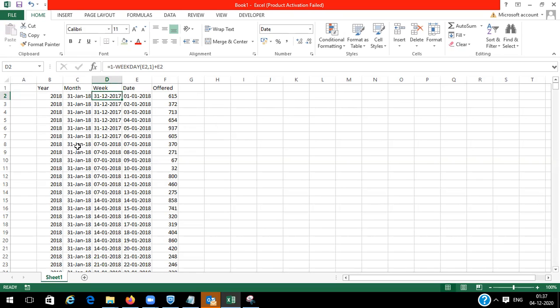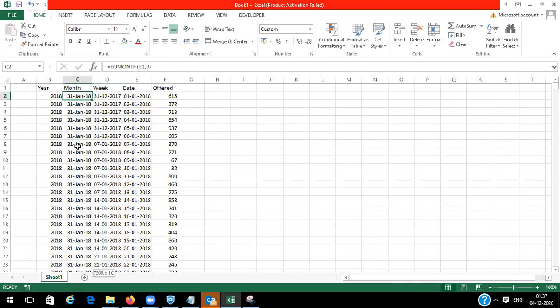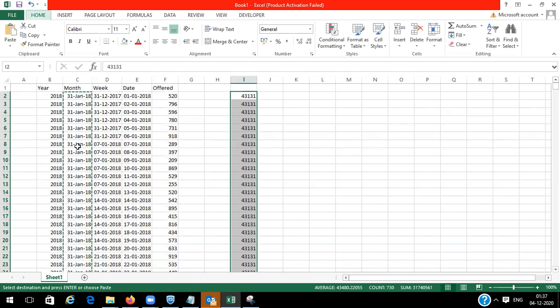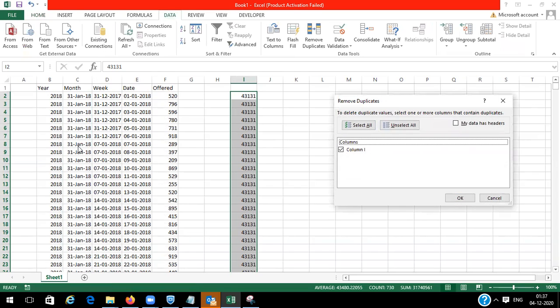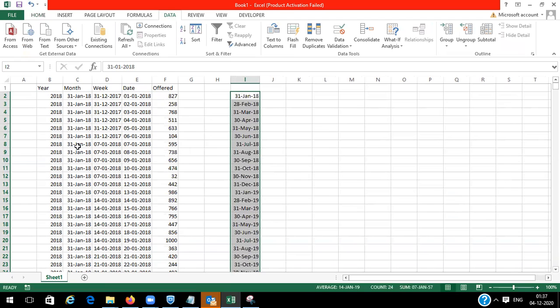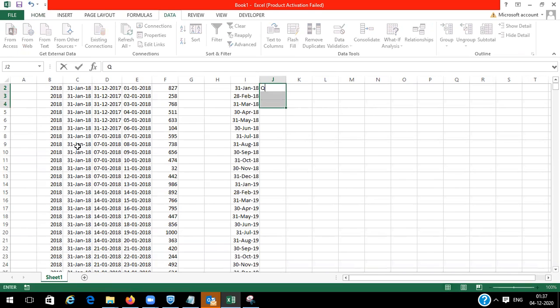We can take the unique of the month, Alt AM. So all duplicates have been removed. We have 31st Jan till 31st. What you can do is a manual Q1,